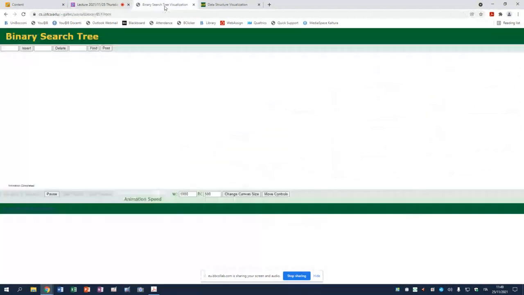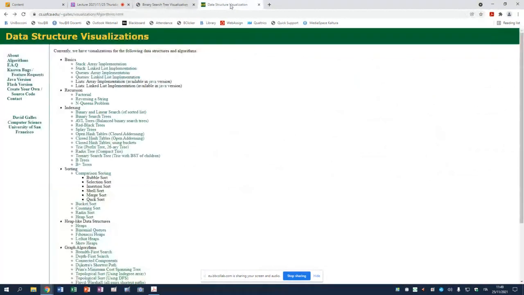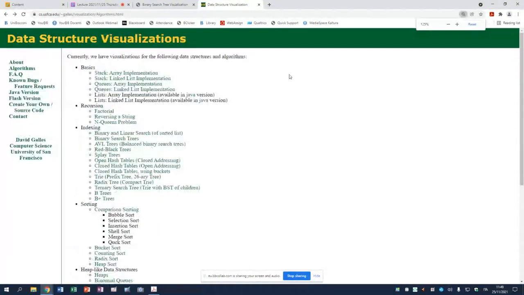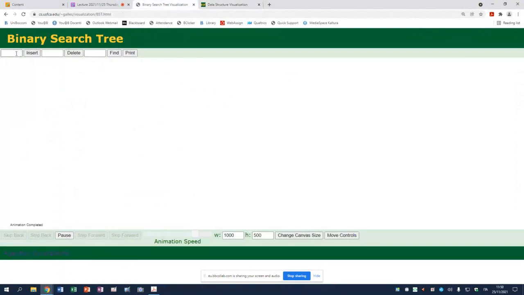Thank you. Okay, so this is the website. It contains many algorithms. For example, there is the binary search tree, and you can just insert numbers. Say 5, and then you insert the number, and it creates the node, and then you add, say, 12,